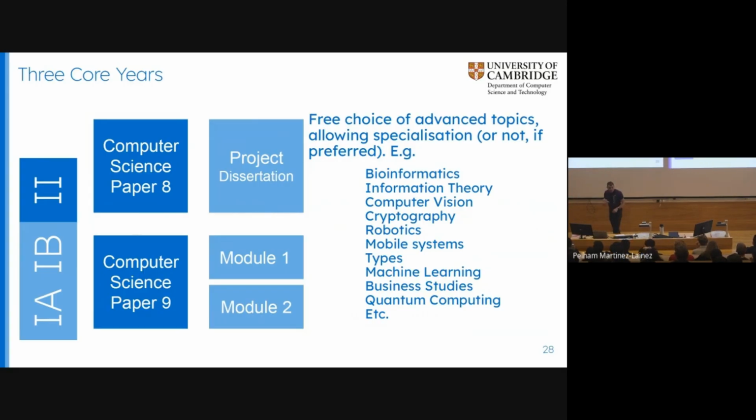Now, here's my point about specialism or not. If you go to some universities, you have to make a decision in your final year and say, hey, I'm going to do machine learning. And then all you do is this stream of machine learning. Or I'm going to do theory, and all you do is that stream of theory. That is fine. You can do that with us because you just pick the right courses. You can also, however, say, do you know what? I don't want to limit myself. I would really quite like to do some machine learning. I also want to do quantum computing. And you know what? I want to do business studies as well.